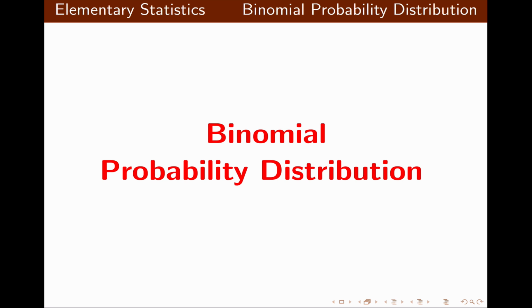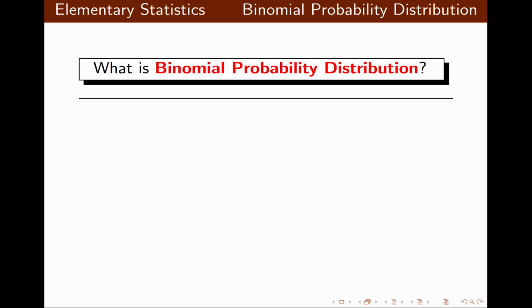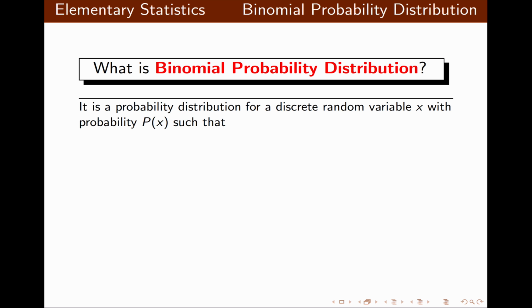In this lecture, we're going to talk about binomial probability distribution. First, look at some criteria of binomial probability distribution. It is a probability distribution for a discrete random variable x with the probability p of x such that the